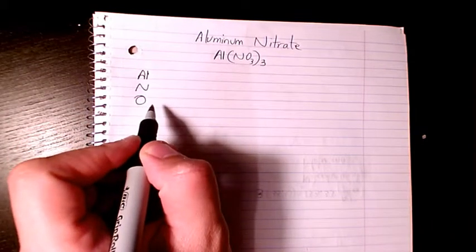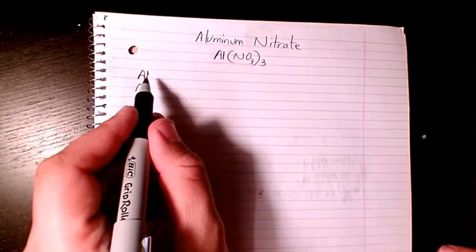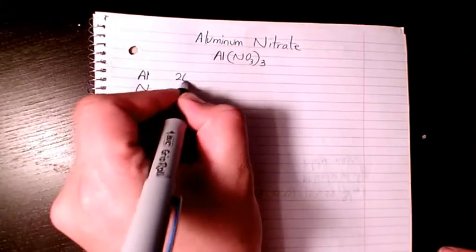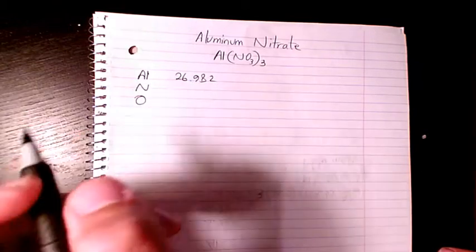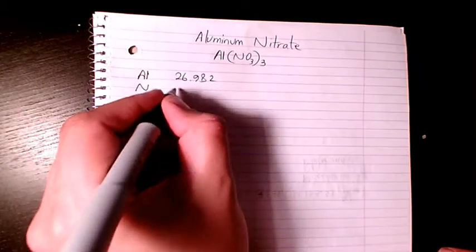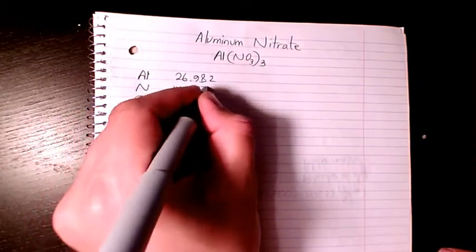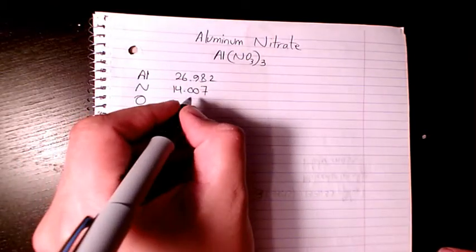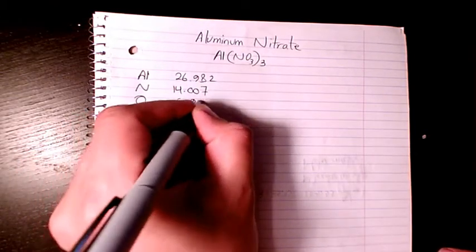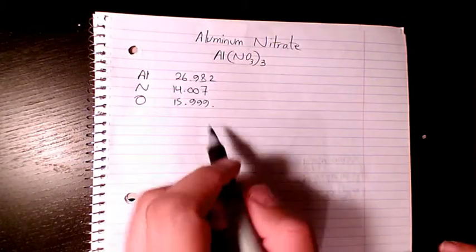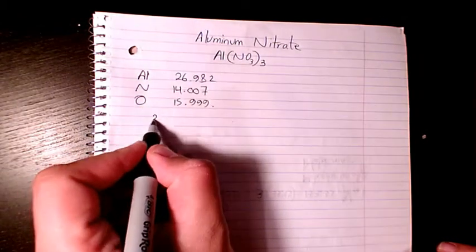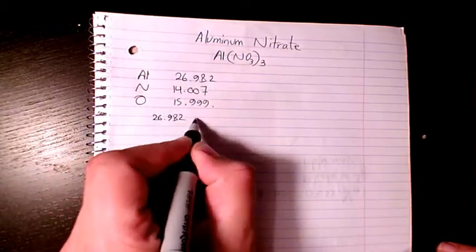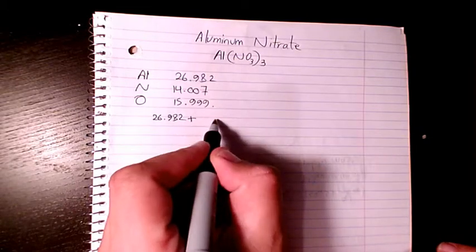So if you go and use the periodic table, aluminum is 26.982, nitrogen is 14.007, oxygen is 15.999. So aluminum, we have one of them, so 26.982 plus